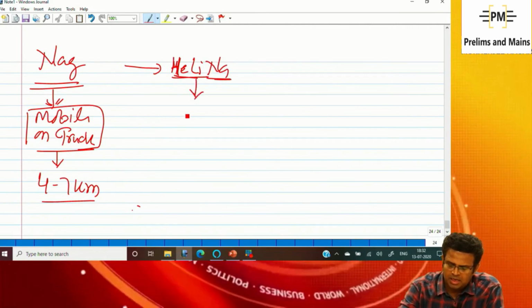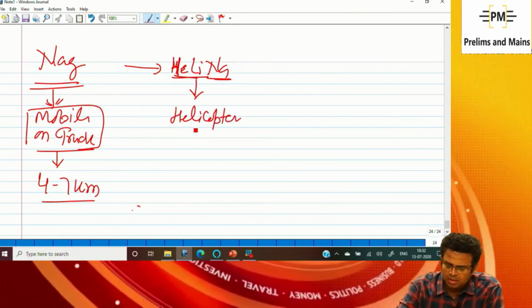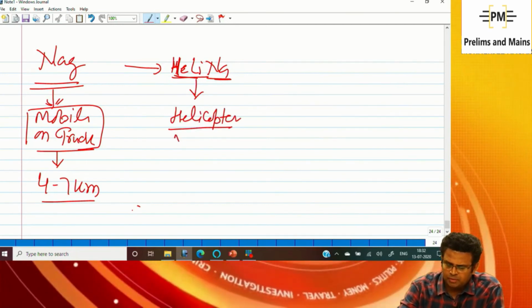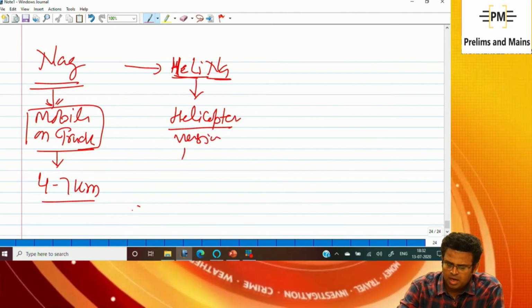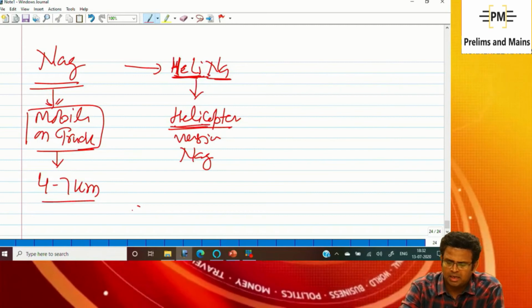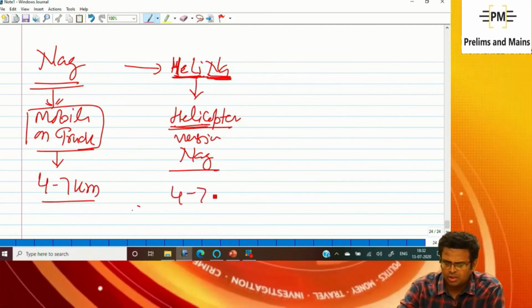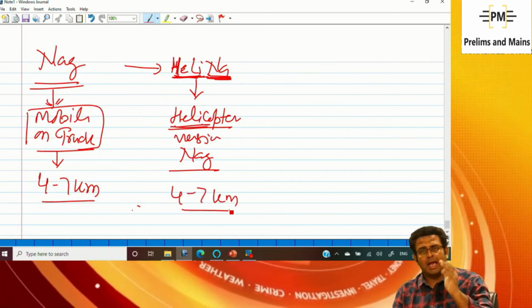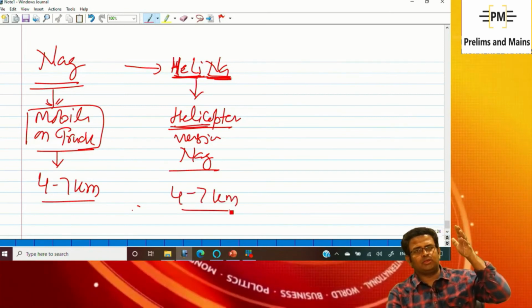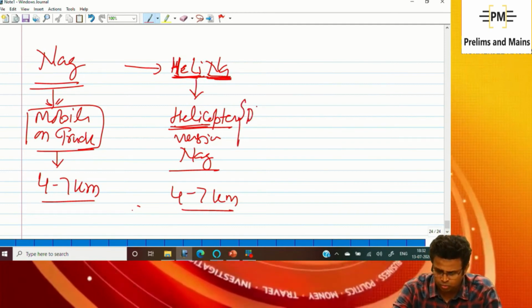It is the helicopter version of Nag. So Heli means helicopter, and Helina means the helicopter version, and its range is 4 to 7 kilometers. It means I can carry this anti-tank missile on a helicopter, and this helicopter, you know, I will teach you